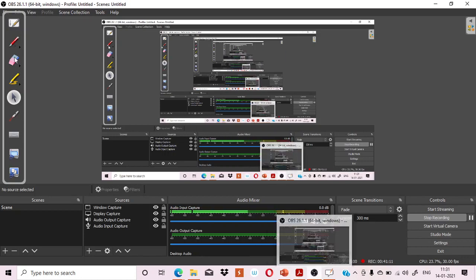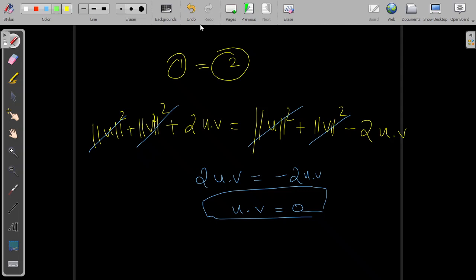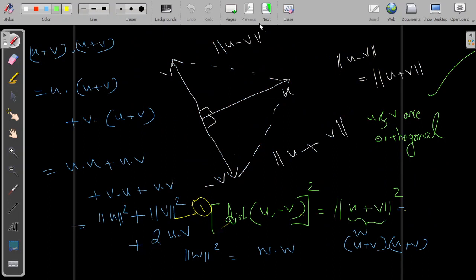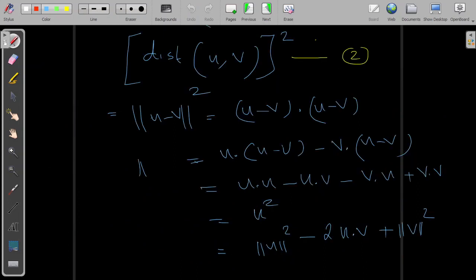Again, in our discussion, here I have this distance norm u minus v whole square, that means norm u plus v whole square, right? I have now proved that if two vectors are orthogonal to each other, then